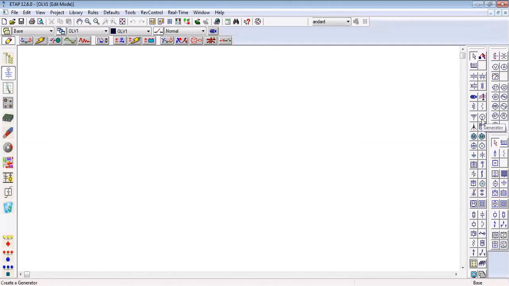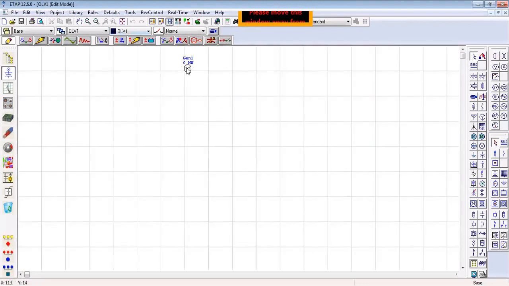Let's see here, I am putting the cursor on the generator, the name appears, generator. Just drag it on the main screen and place it, and let me on the grid first. Yes, so that all my symbols be on the single straight line. So I switch on the grid option, and next I am going to have the cable. Put here the cable, then there is another bus, and then again I am going to place the two winding transformer.